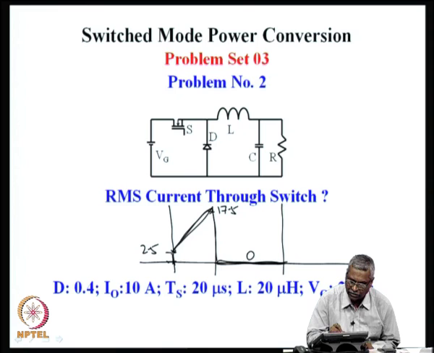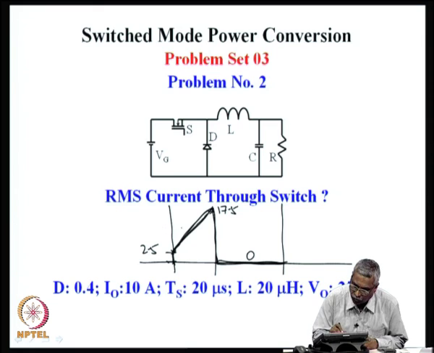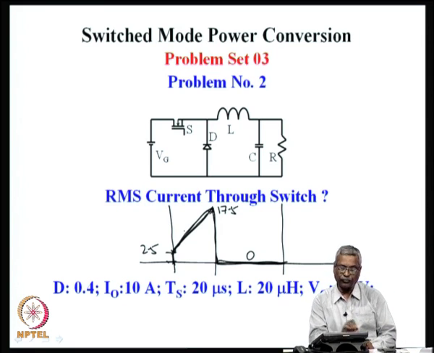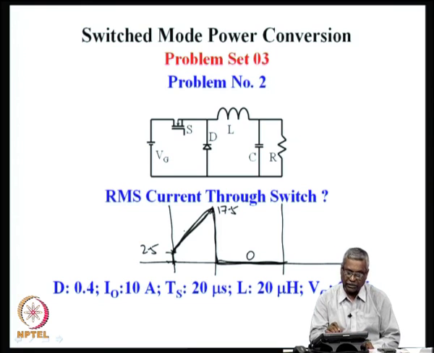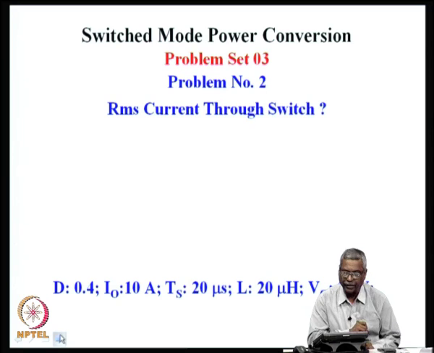During the on time, it first jumps to 2.5, then it linearly increases all the way to 17.5 and drops to 0 during the entire off time. So, we are now interested in finding out the RMS current through the switch. Now, this is not a constant current, this is a variable current, it varies with respect to time. So, it is possible to evaluate the RMS current, but let us see if we can do it in a